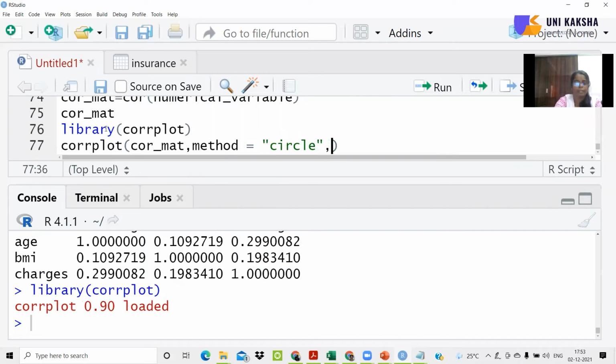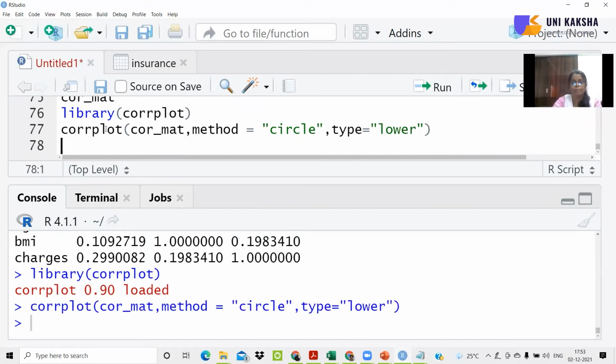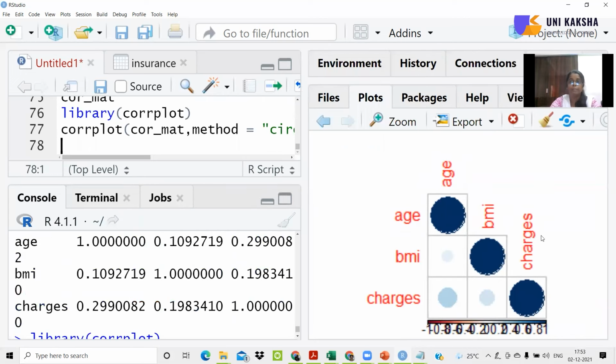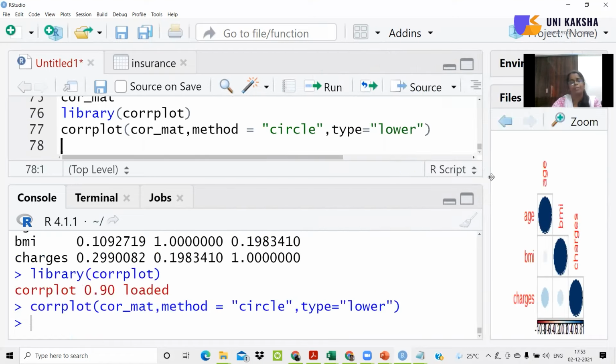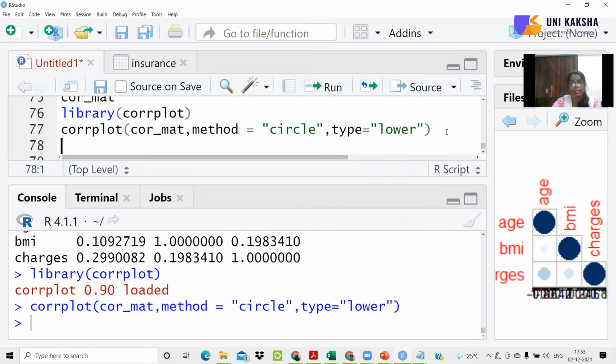And you can pass type is equal to upper or lower. So it will provide you a proper plot just for the lower side, because the upper side and lower side are going to be mirror images of each other, as the correlation of x on y and y on x is similar. So we just discussed that there exists a slight correlation between age and charges that is visible. Age and BMI is not so visible because they are not sharing that much correlation among each other. So this is basically how you can identify the correlation of the variables.